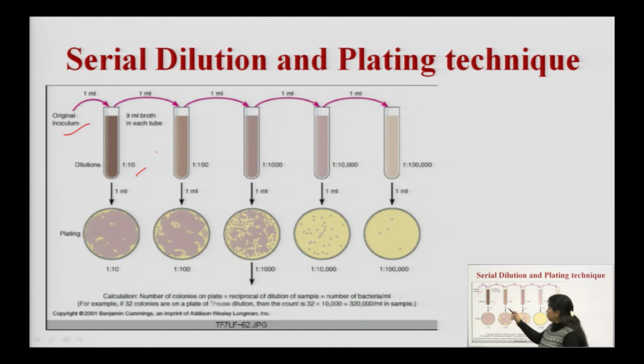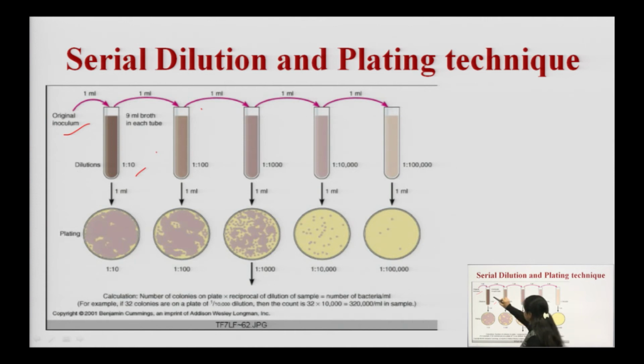What we need to do is dilute those samples into various dilutions. Now how can we dilute the samples? Because if we generate colonies from this sample, it will be highly concentrated and we will not be able to differentiate the colonies. We have to transfer 1 ml of the original inoculum into the second test tube, and there 1 ml will be diluted to 9 ml with sterile distilled water, that must not contain any bacteria or microorganisms.